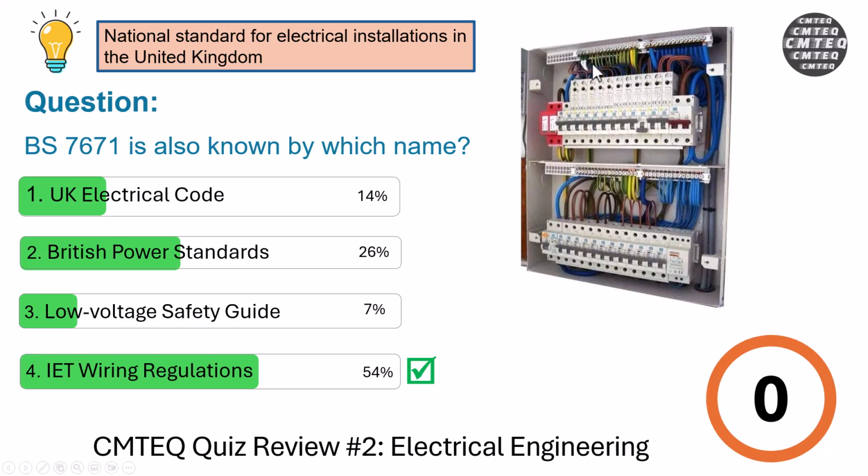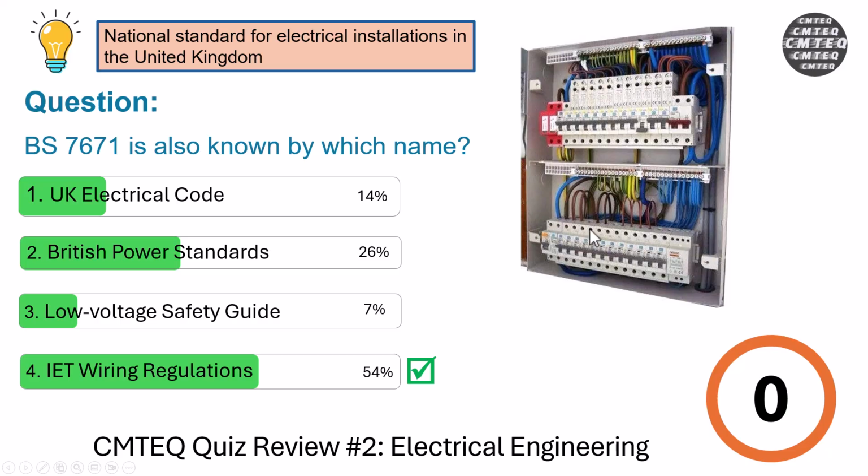So if you are dealing with panels like this, this standard is your friend. It sets out requirements for the design, erection, and verification of your electrical system to ensure safety